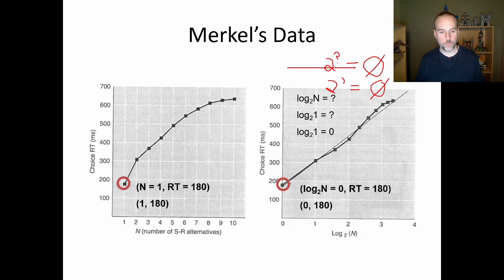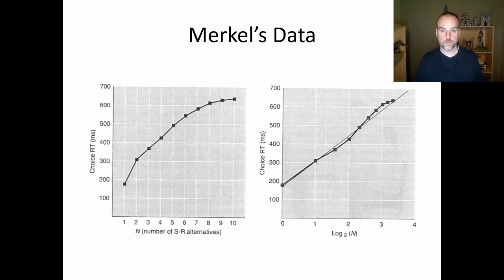And we can do that for all the points. We won't do all the points, but we can at least do the ones that have easy logs to solve, like 2, 4, and 8. So here's 2. On this graph, we can just read off the values. It's 2. We'll guess it's about 310. Over here, to find that point, we're going to have to solve